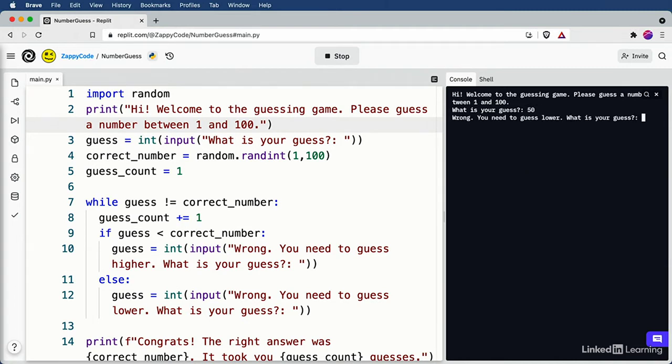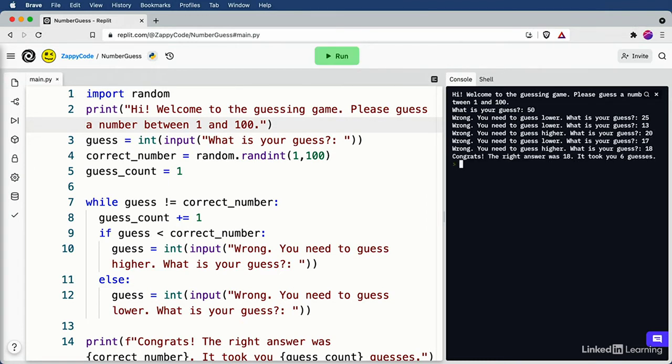Let's try this again. Go with the number 50. We need to go lower. Let's try 25. Need to go lower than that. 13. Okay, it's between 13 and 25. So 20, 17, 18. Look at that. The right answer was 18, and it took us 6 guesses. Wow, isn't this fun? We got the basic guts of the game working, and really the last bit that I'd